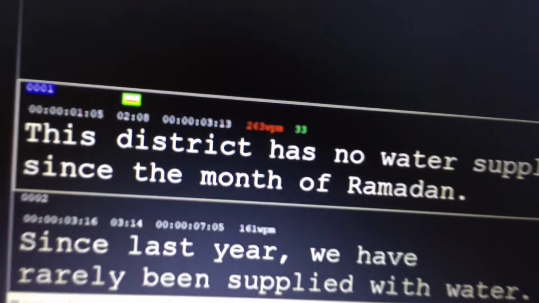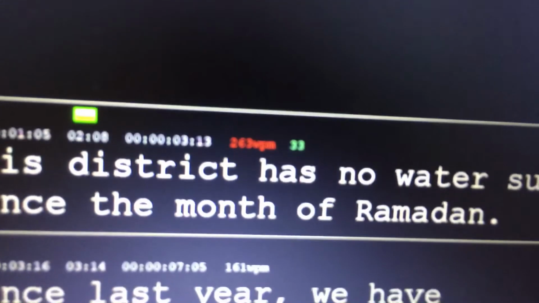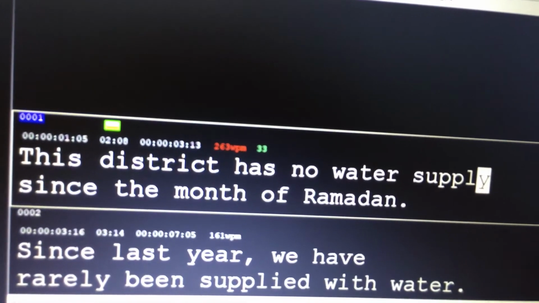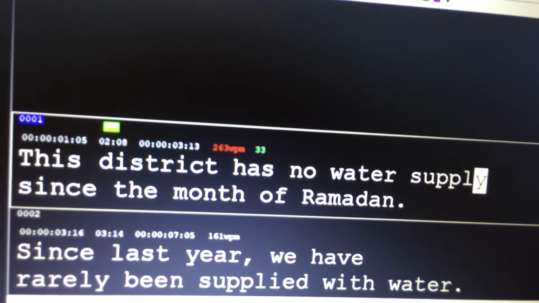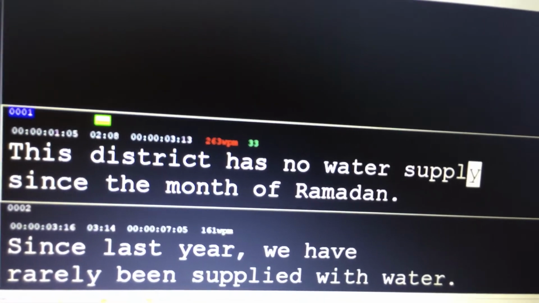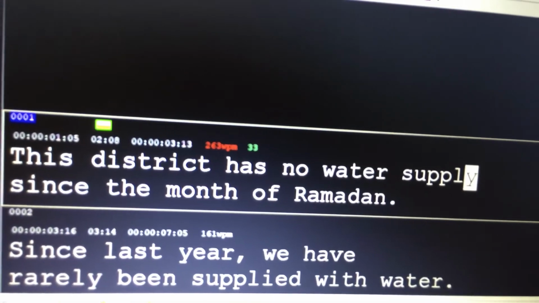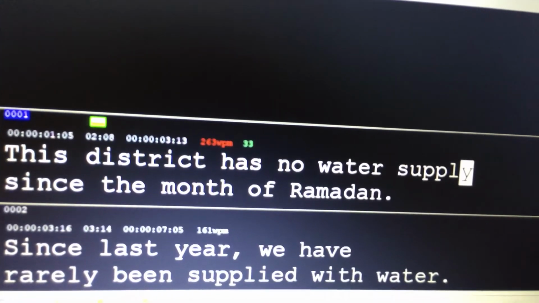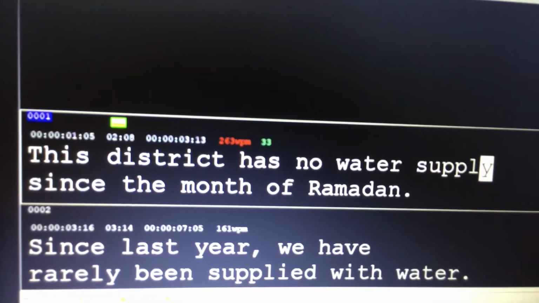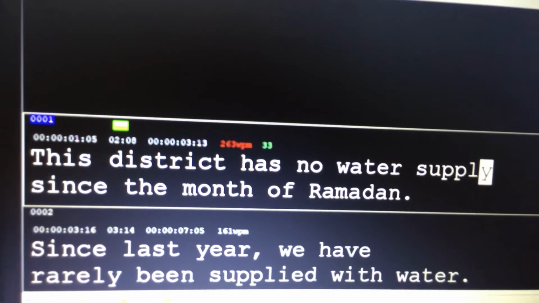So the writing in green here, which says 33 next to the red, means this line takes 33 characters, including spaces, full stops, commas, quotation marks, question marks, and so on. If I go back to the point about words per minute, can you see this